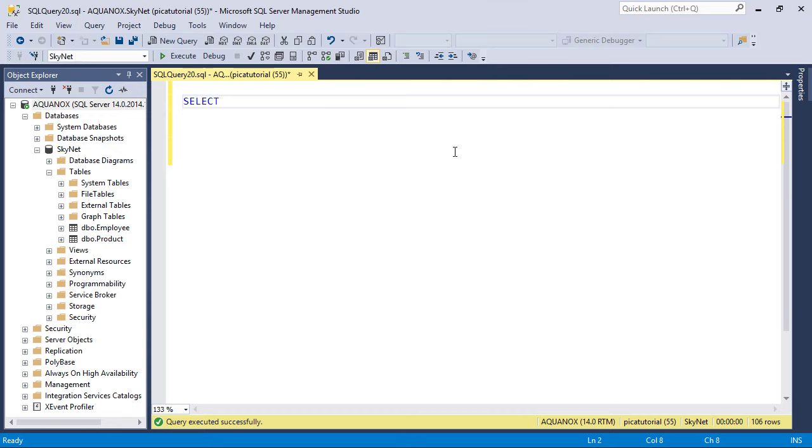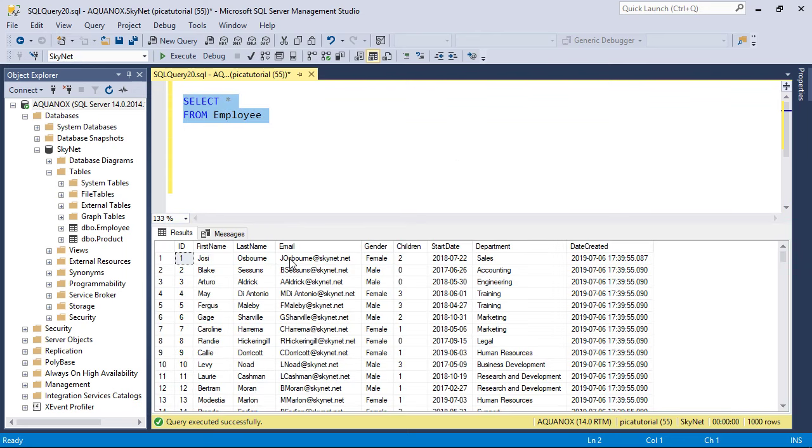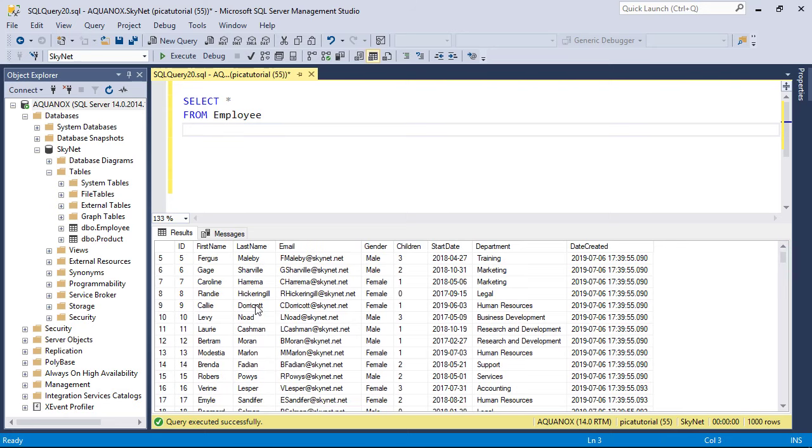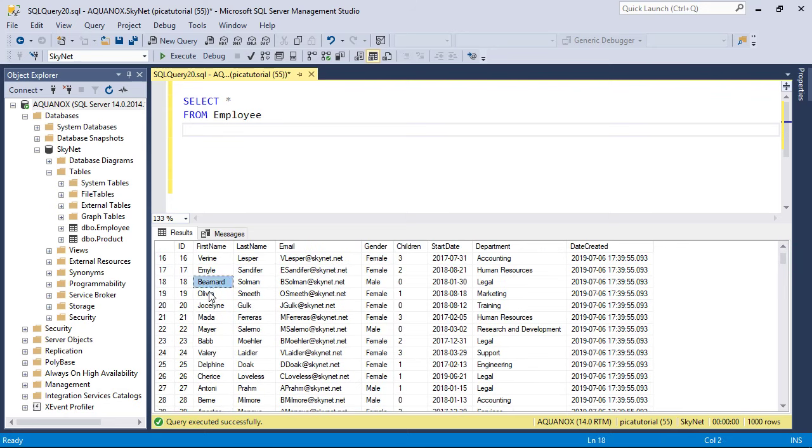Let's take a look at the employee table, which I'm going to be working with for this example. So this is the structure of the employee table: name, last name, we have some data here, department, gender, start date. A lot of times I have access to a table like this, and I start to wonder about the nature of the data, and wondering about some aggregate value. So what I mean by that is, here we see row by row, very detailed information down to the employee level, but